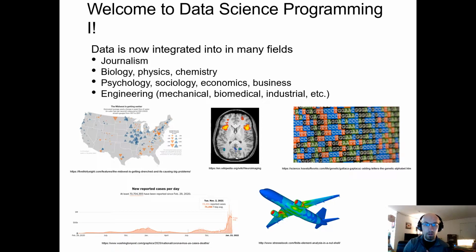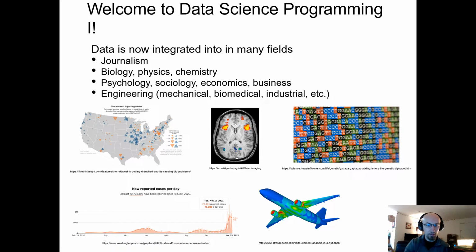Because when we look at the brain and we know that the left side is the more logical and the right side is the more creative, well, how are we able to know that? Because the brain isn't labeled like that. It's not like you can look at it and say, yep, this is the logical and this is the creative. You give people logical, maybe math related tasks, and you give people creative tasks, and you measure brain activity during that time. You gather all of this data, and using data science, you're able to determine these sorts of things. Data science is super prevalent in genetics.